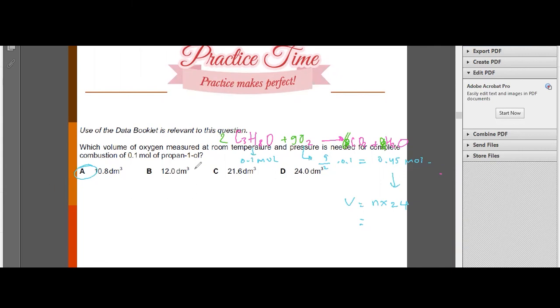So don't forget, if you see these types of questions, you should first change propan-1-ol to its molecular formula. Then make the equation to show its combustion reaction. Then you can use the stoichiometric relationship to